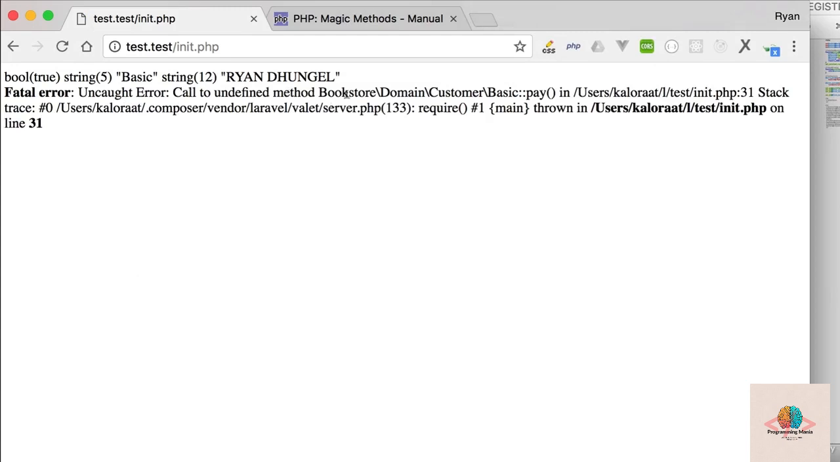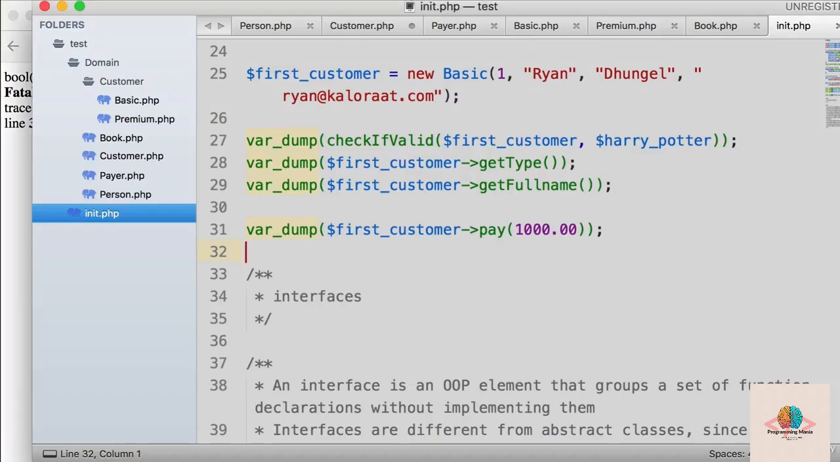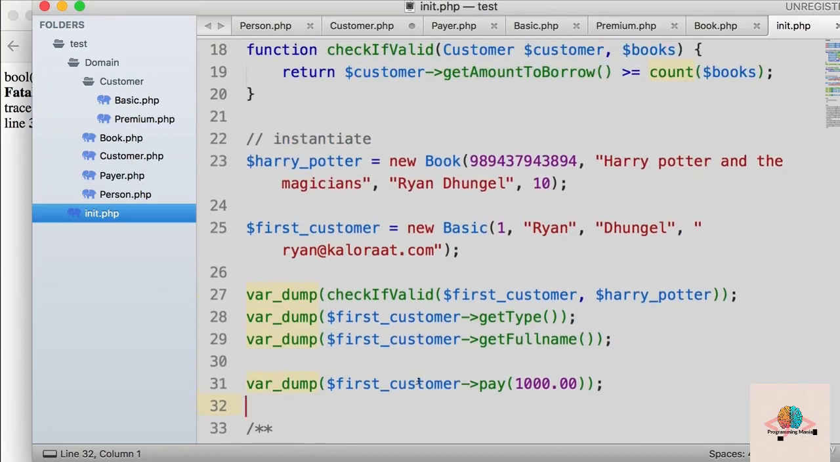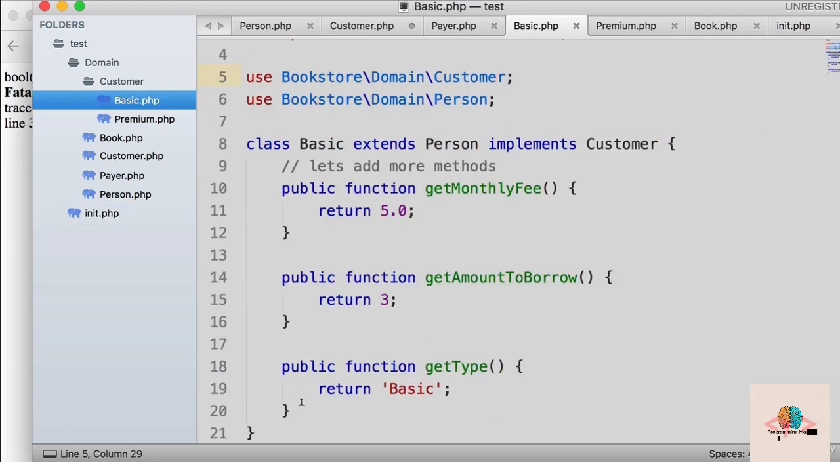The call to undefined method basic pay, so it doesn't know yet. That's because the children haven't implemented this method. They have to, because it's extending, but they haven't done it yet. So let's do that. So back to basic. So what we can do is down here